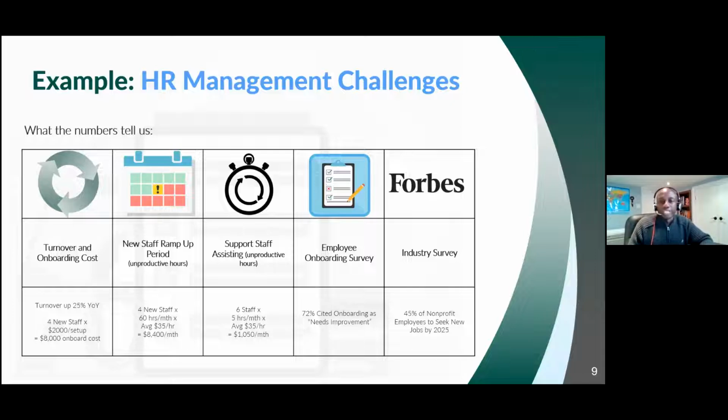Right, so let's say we do this annually and we go out and we put out a survey. In this particular case, for this particular challenge, we got a high number of folks that got onboarded saying that the process needs improvement. So these are more metrics that we'd want to include. The last one that I included in here is, again, reaching out to external sources, right? In this case, we went out to Forbes, looked at an industry survey, 45% of nonprofits seek new jobs by